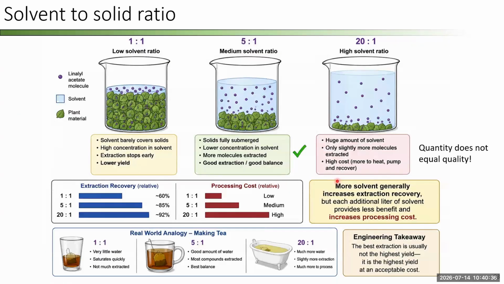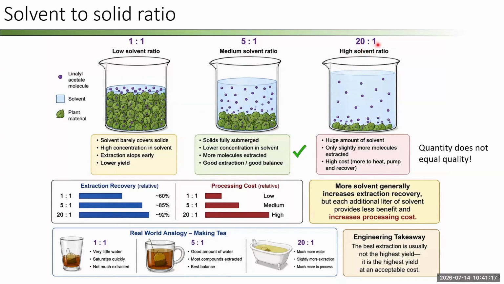All right, now let's do a quick thought ratio. We've said we really like to chop up these plants, but there's more to that. We also need to think about our solvent to solid ratio. So here I'm showing again some leaves. This time let's assume that this is lavender. Here we've got our linalyl acetate in solvent, and I can mix my solvent to plant matter in, say, a 1-to-1 ratio. So as much solvent as there is plant matter, a medium solvent ratio, so 5-to-1, or a high